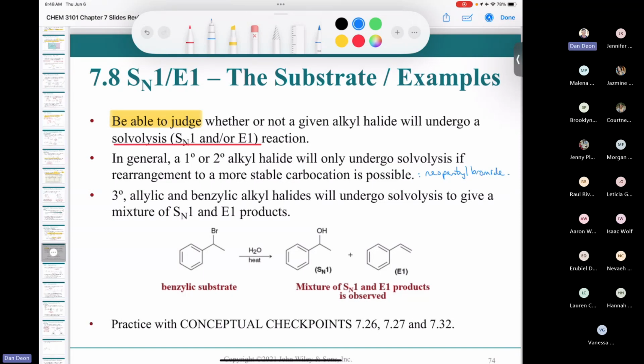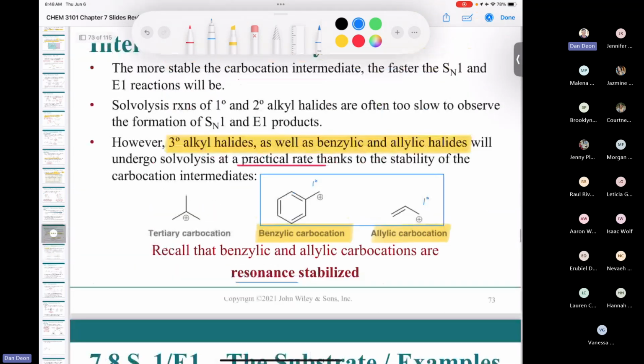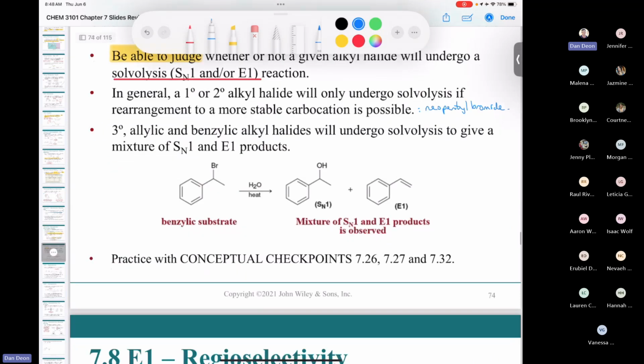And then tertiary, allylic, and benzylic alkyl halides can undergo solvolysis. Why? Because they form stable carbocations. So you really got to remember these three, okay? Tertiary, benzylic, and allylic. So if I give you a substrate like this, you can't just say,